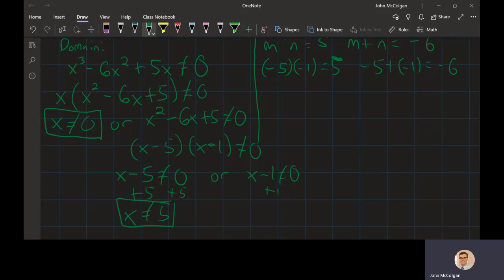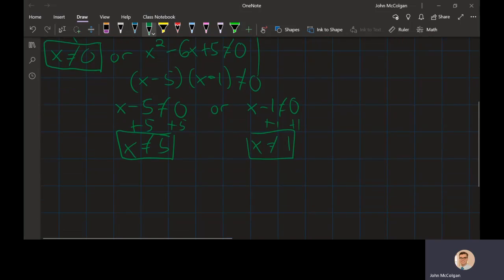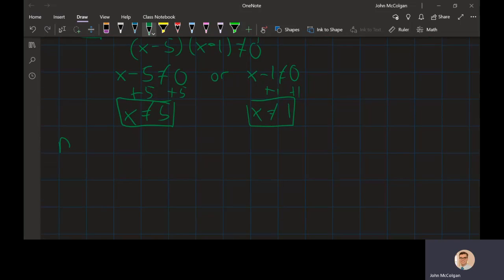For this one, just add 1 to both sides, and we'll get that x is not equal to 1. So now we know the domain of this function. The domain is x is not equal to 0, x is not equal to 5, and x is not equal to 1. So we have those 3 points that are not in the domain, and the question is whether they are holes or